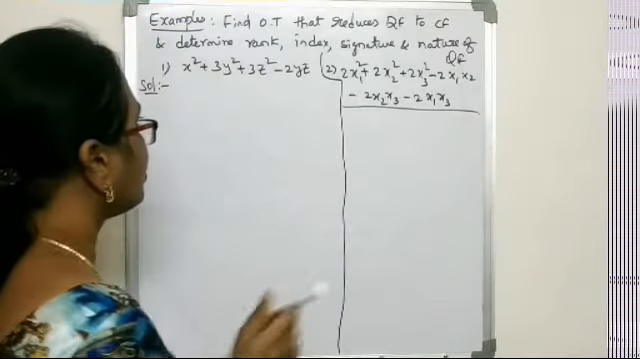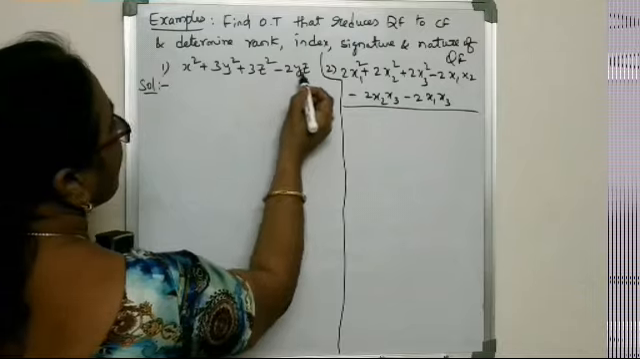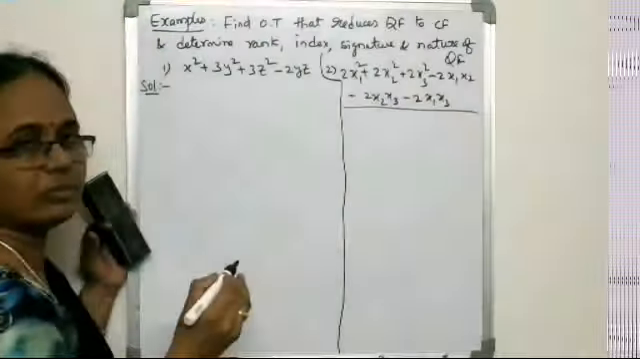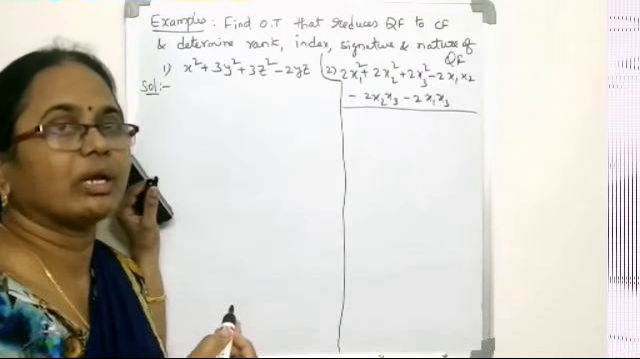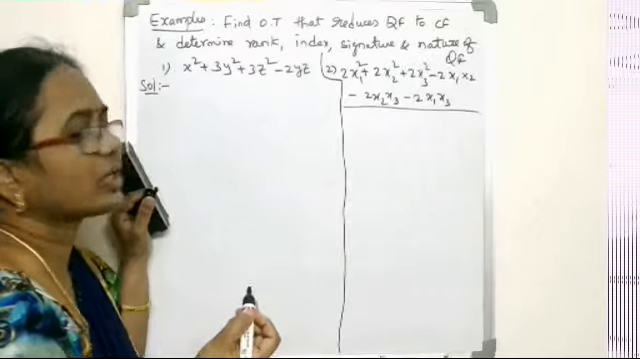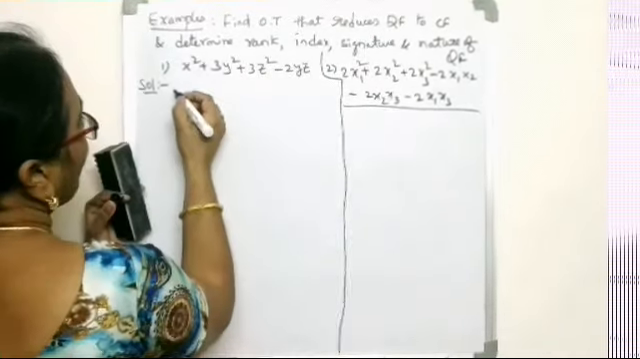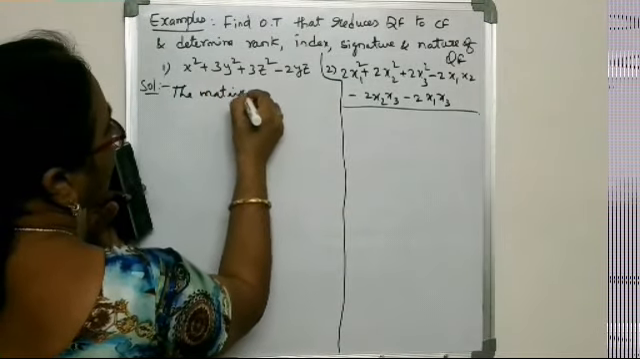Look at the first question. x square plus 3y square plus 3z square minus 2yz. This is a quadratic form, right? So by our process of getting into the canonical form, we first have to write the coefficient matrix of the quadratic form. As we all know, the matrix or the coefficient matrix of the quadratic form is